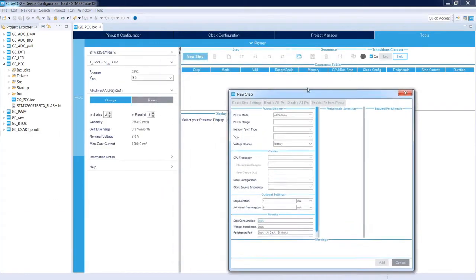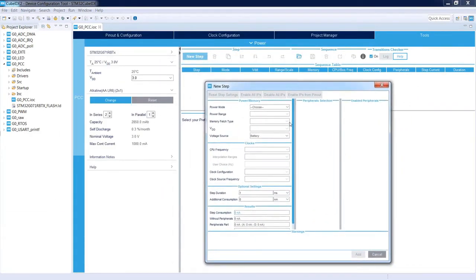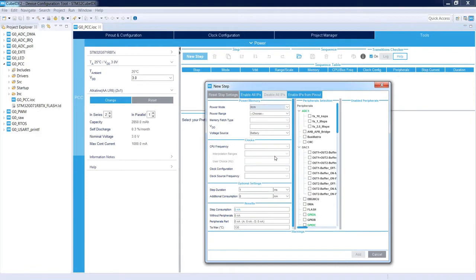As a result, this kind of window is popping up. I select the power mode, so either run or any of the low power modes. So usually at the beginning we are in a run mode to configure all the peripherals. And now I can enable all the peripherals which have been enabled by me within the pinout and configuration phase. I would select this.